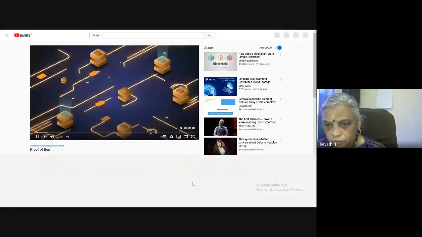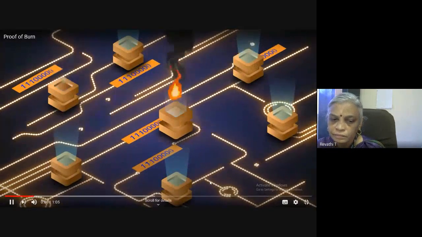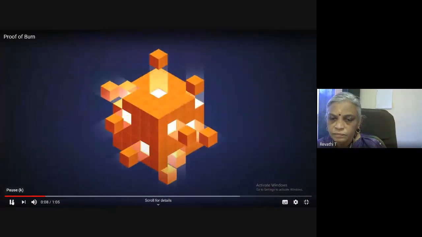Infinity nodes will implement the proof of burn mechanism, which by definition provides blockchain network validity by ensuring